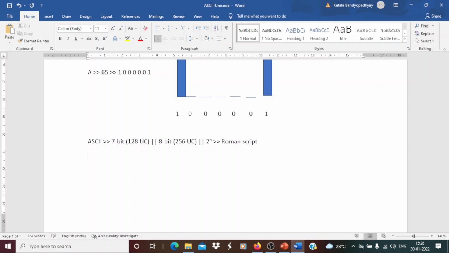So in India, the Department of Electronics in the mid 80s developed a standard called ISCII, and ISCII is nothing but an extended ASCII, and it is of course 8-bit. So very cleverly it used the extended ASCII, which is an 8-bit code with 256 characters. So 128 characters for Roman script,